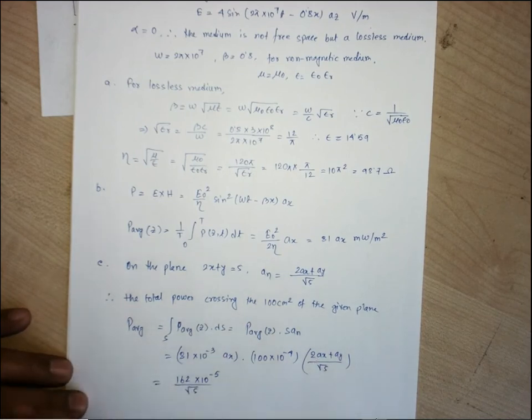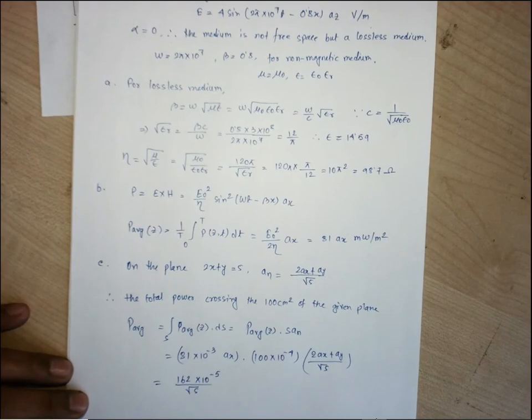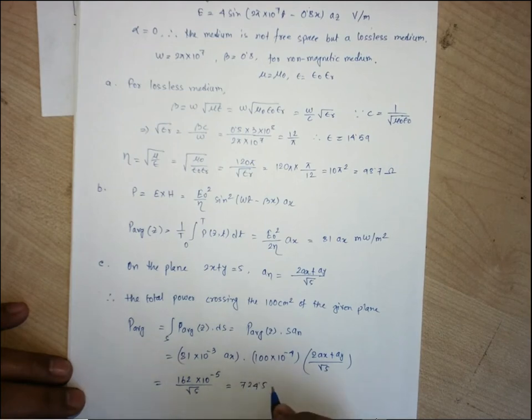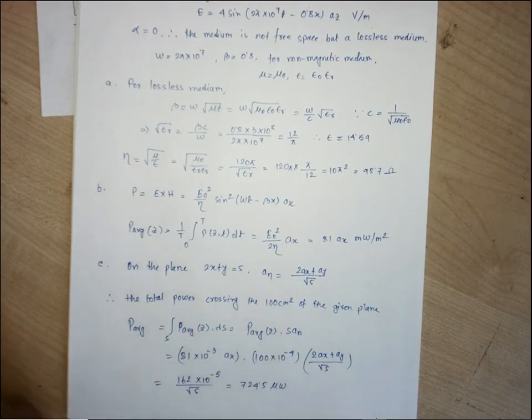We need to take only the x component along the direction of wave propagation, how much area this plane covers out of 100 centimeters of area. So ax dot ax is 1, and ax dot ay is 0. So we have only 724.5 microwatt of power. Understand? You just do the background work, the integration and all those things. We have just seen the procedure for how we can find the values. Clear? Yes.